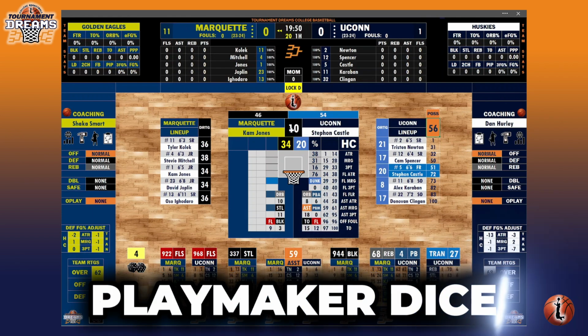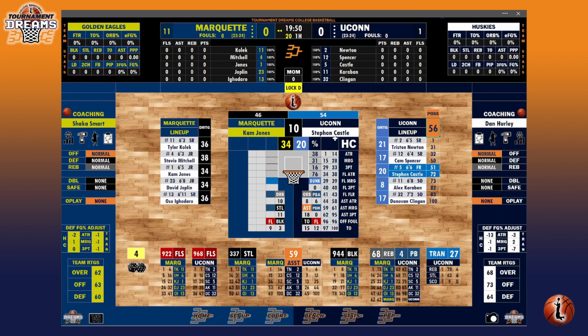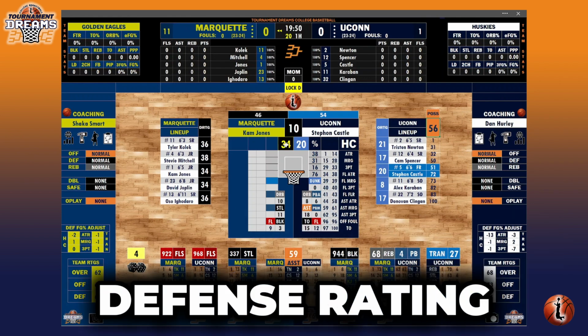Next, we have the playmaker dice, which is right here in the center between the two player names. Now, I'll point out the players here right now are, for UConn, the offensive team with possession of the ball, the player with the ball in their hands. So it's Stefan Castle here. Now, on the opposite side, you'll see his primary defender, and that's Cam Jones from Marquette. Now, with that, you will see Cam Jones' defensive rating right here, the 34, and you'll see Castle's offensive rating,